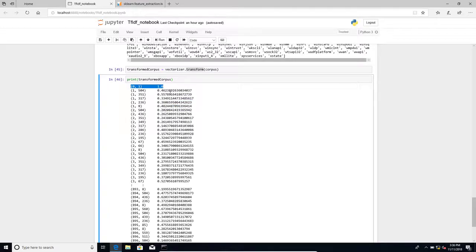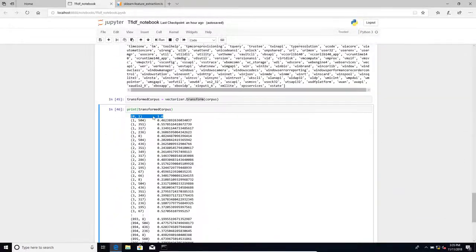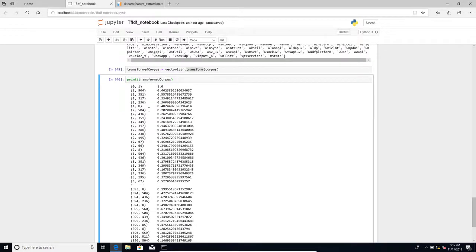For instance, this is the first document, which we saw was 3D viewer. It's just 1, 0. The second document has more DLLs and they have different weights. It's not just a count 1, 1, 1, but a weight dependent on how many times each of these occurs overall. Now that we have all of our data in numerical format, our challenge has become a straightforward machine learning problem.